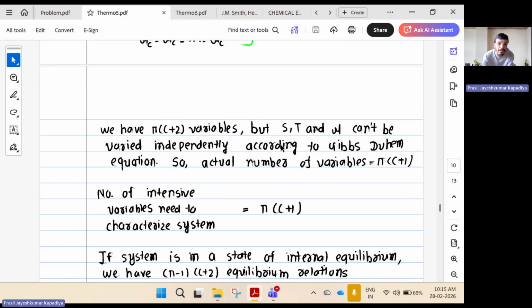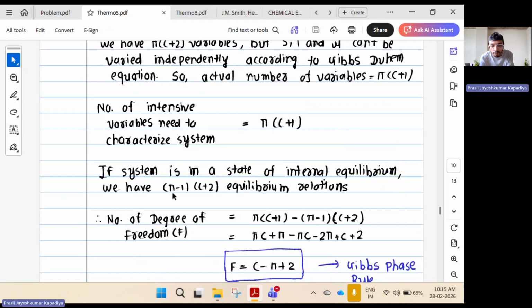So we will have not pi into c plus 2 variables, but we will have pi into c plus 1 variables. Okay. And how many relations? Pi minus 1 into c plus 2 relations. So number of degrees of freedom will be this pi into c plus 1 minus this pi minus 1 into